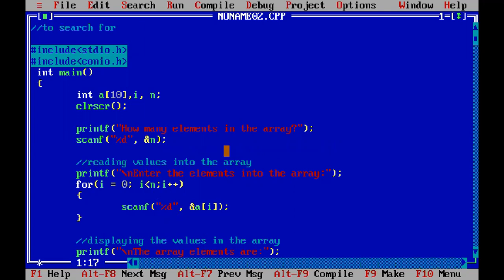Key element means a given element. There will be an element given. You have a list of numbers. I will tell you to find if this number is present in the list, and that's what you have to do. You have to search the entire list, and if that element is there, you have to simply display that yes, this element is present, else this element is not present in the list. You have to do the searching, and you have to pass on a message. Okay, display a message.